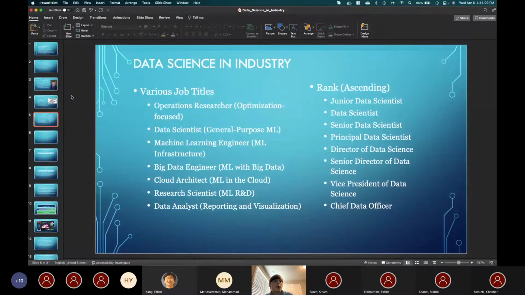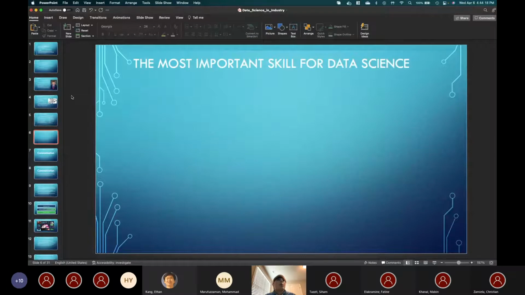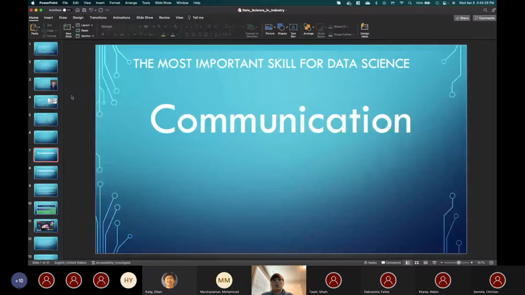But with that, so kind of thinking about data science and industry, if you wanted to move into that field, what would be the most important skill? And the only one that I will ensure that I ask in every interview to make sure that they are good at this in a data science role is communication. It's one that is not technical, in the sense that it's not an algorithmic perspective, but communication, especially in industry, is an incredibly important skill.